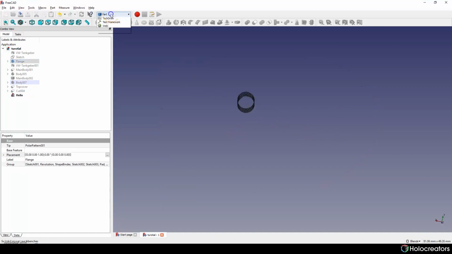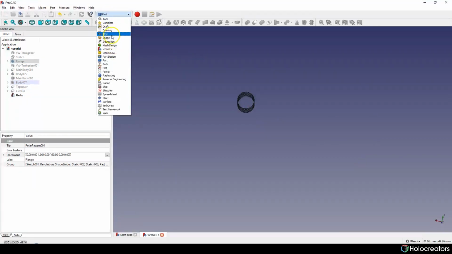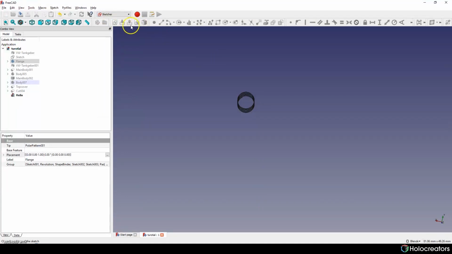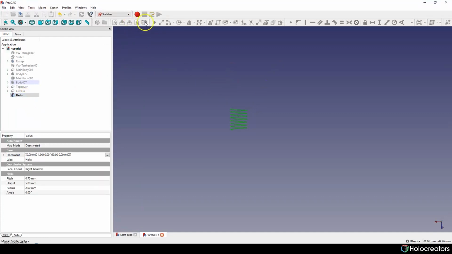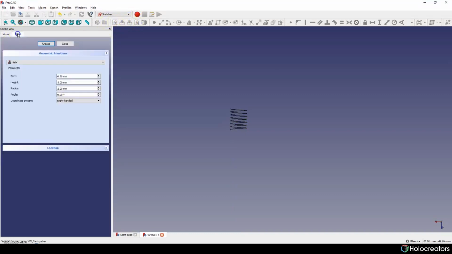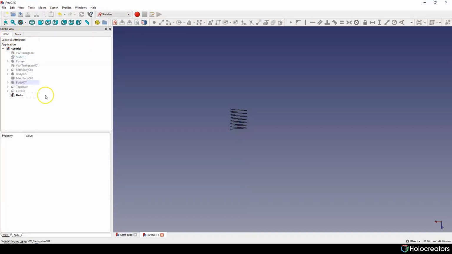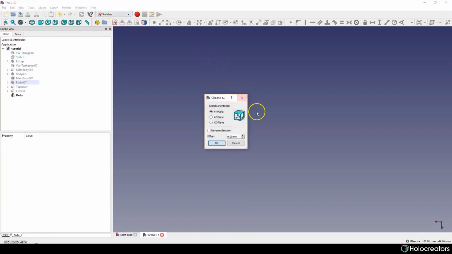We need to create a sketch. You have to go to sketch, and we hit create a sketch.